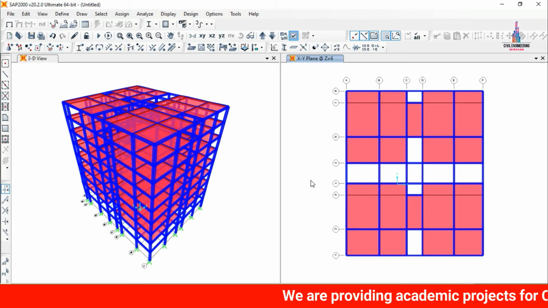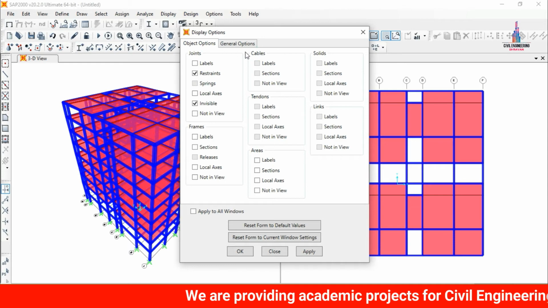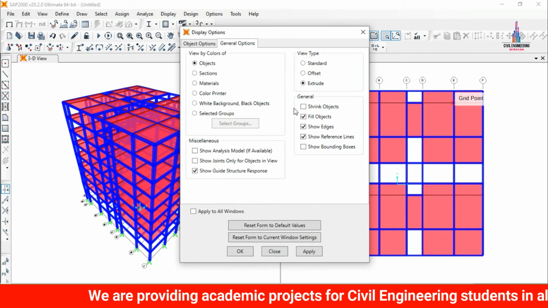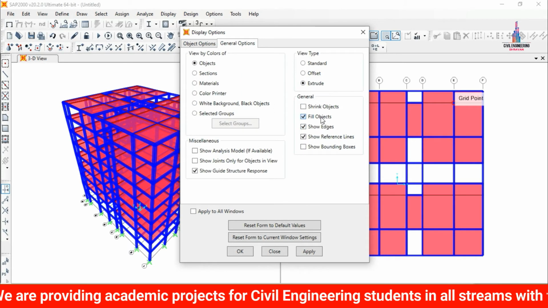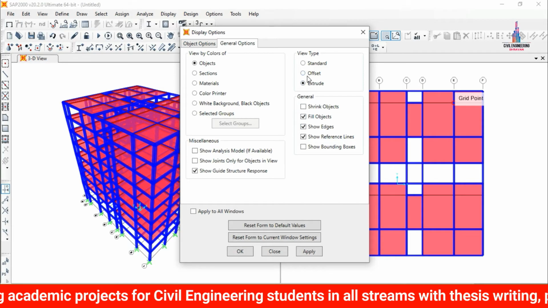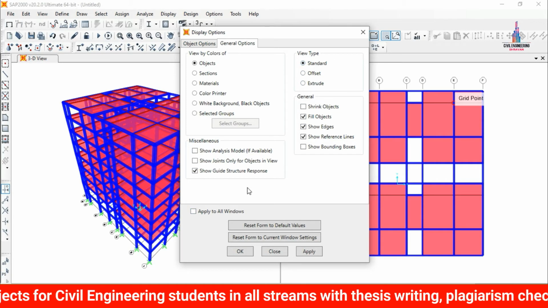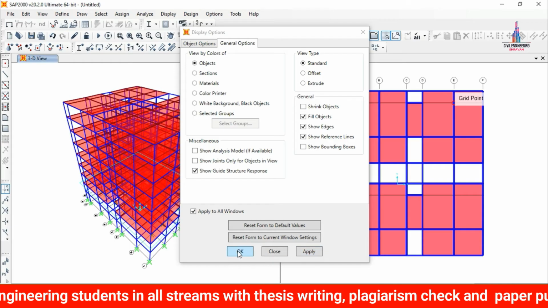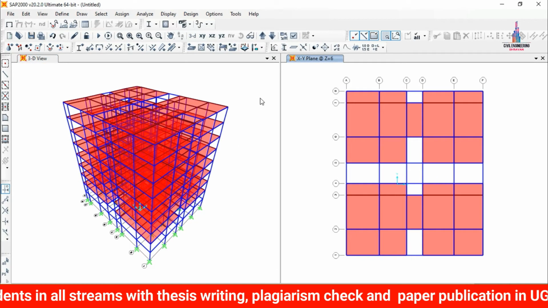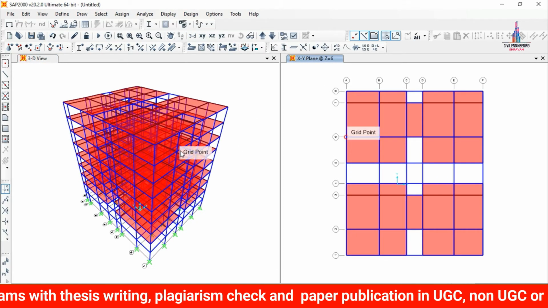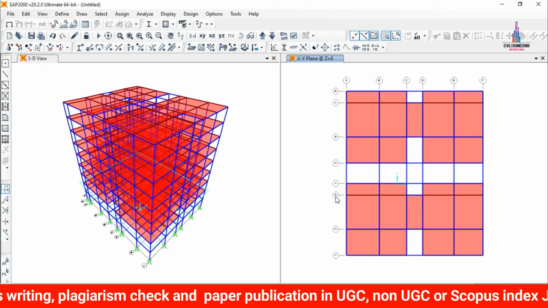So firstly we have to select the load cases for that. So initially I will unlock this respective model section. So click on the object extrude frames. Click on the standard ones, click on apply to all windows, apply here, OK option here. So after that we have to apply the load cases. So for that, firstly we have to define the load cases which are related to this building section.